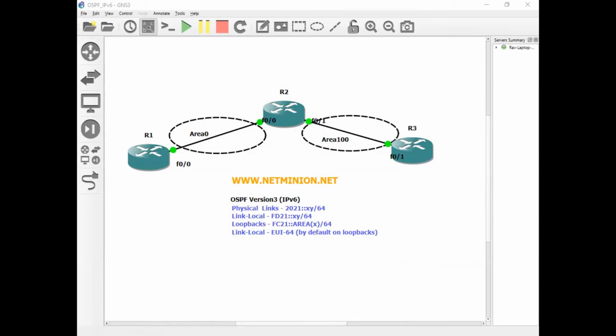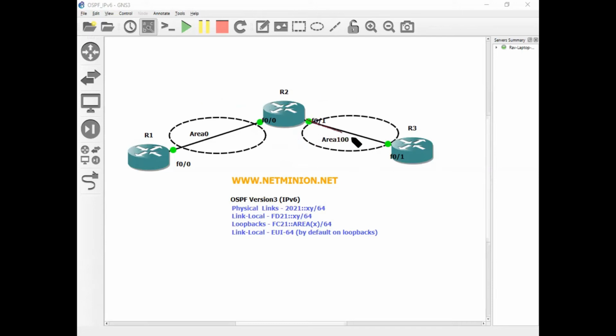The rest of the network points and area points are all as they are in your OSPF. If you see, R2 is acting as ABR. The reason being, it is area 0 and area 100, and the router which is connected to area 0 and some other area is known as ABR. Again, this is ABR. One thing.